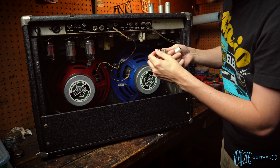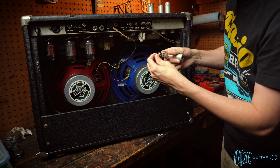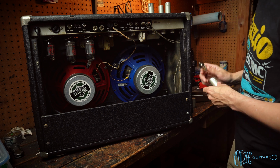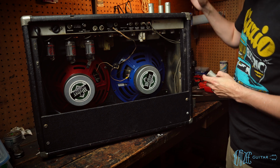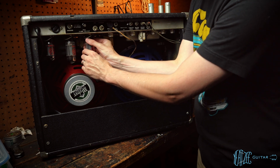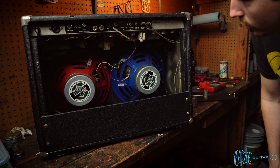And a Sylvania for the last tube. So I guess one decent tube in there. So let's go ahead and take the power tubes out as well while we're at it. All right, so now